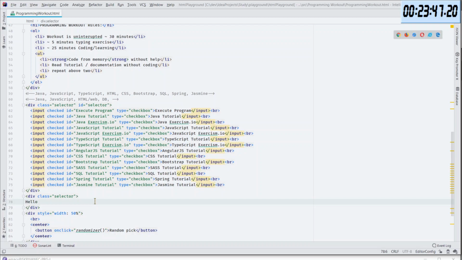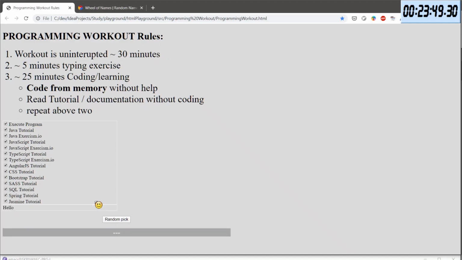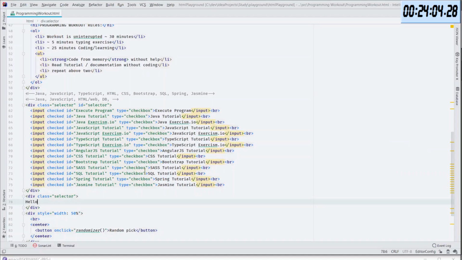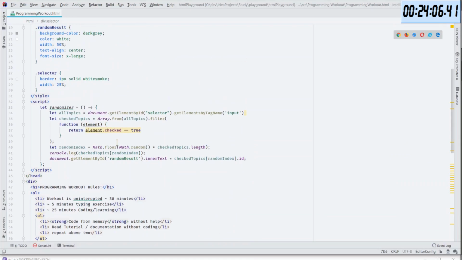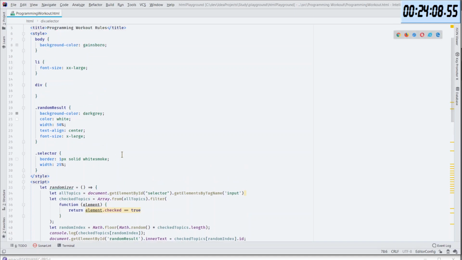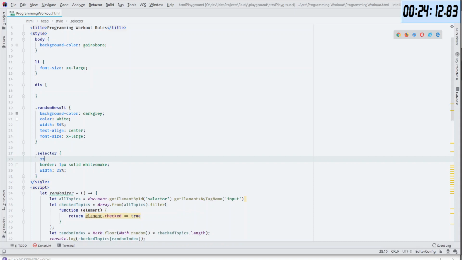And if I save this and reload it, now we see our div. But I want to stand it next to it, right? So we will change the style from block, which makes the new line, to inline. And how to do that? It was style, I think.